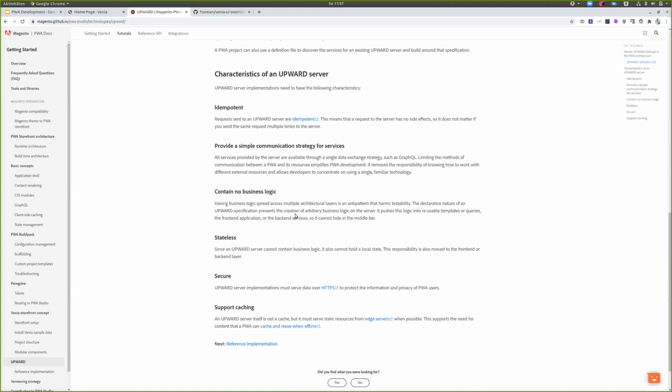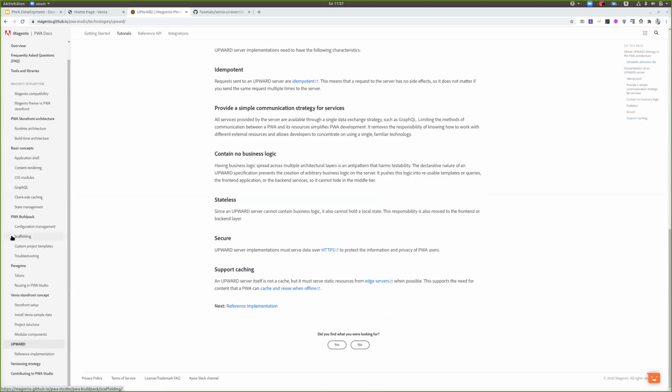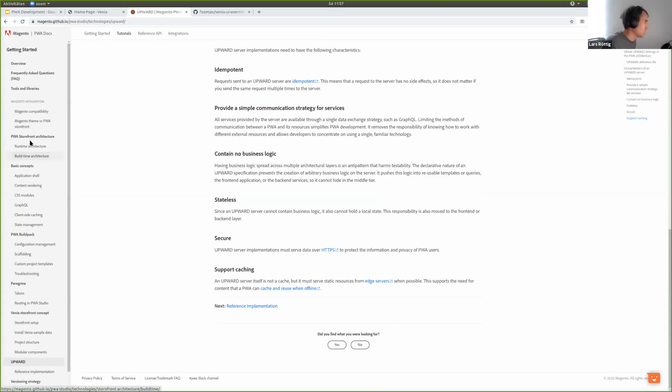Okay, no problem. Another question is quite similar to this: how good is PWA Studio for SEO optimization? Does it have support for SEO plus Google Tag Manager? SEO plus? What do you mean by SEO plus? For SEO optimization. So basically, if a crawler comes in, and Google Tag Manager, like the one that we have in normal Magento themes,